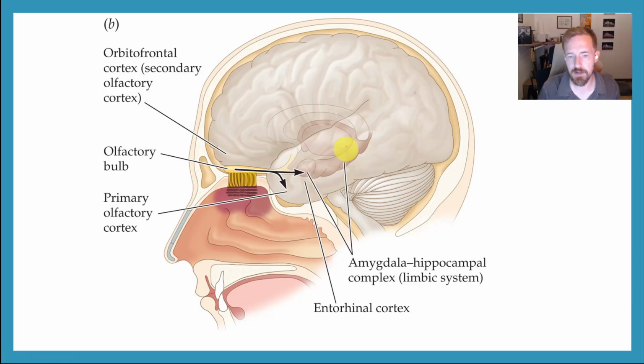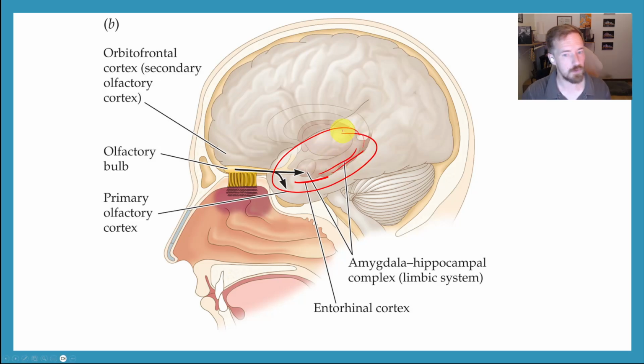You can see those areas here. We've got the entorhinal cortex down here. We've got the amygdala here. That amygdala actually looks pretty big, but it's a little bit smaller than that. It's actually about the size of an almond. And then we've got the parahippocampus and the hippocampus, which are right there in your medial temporal lobe.